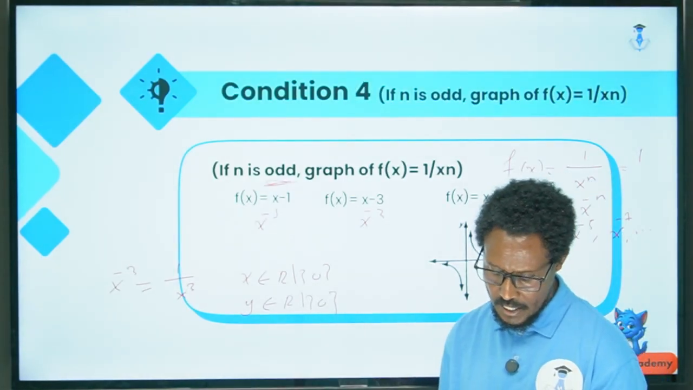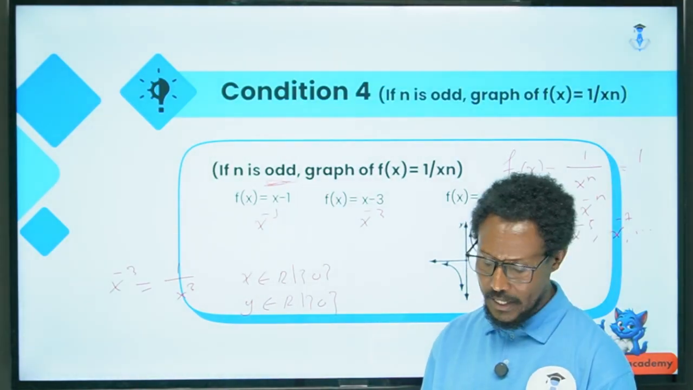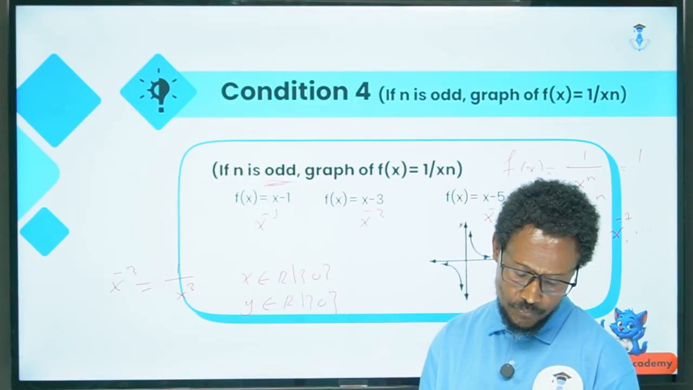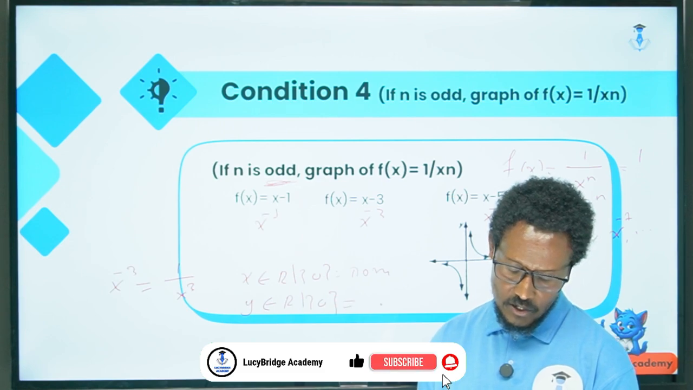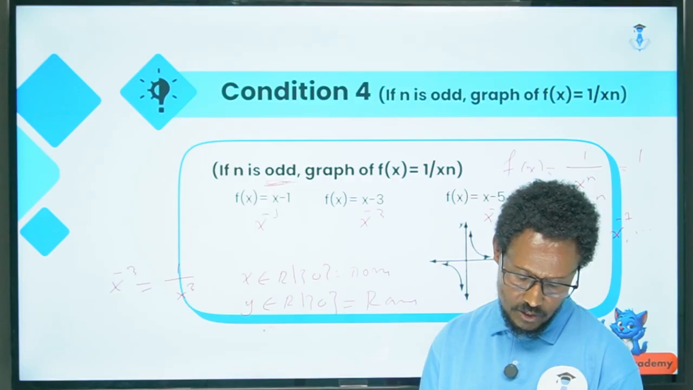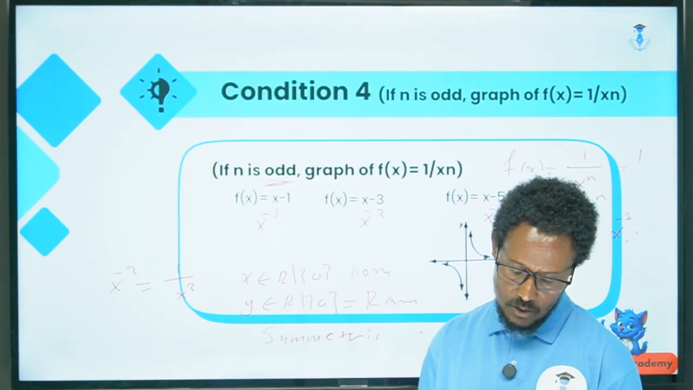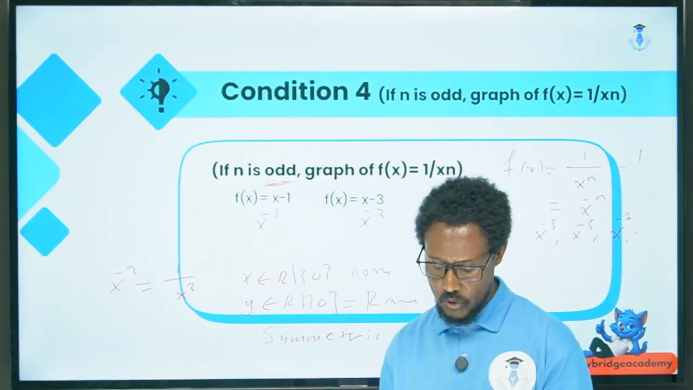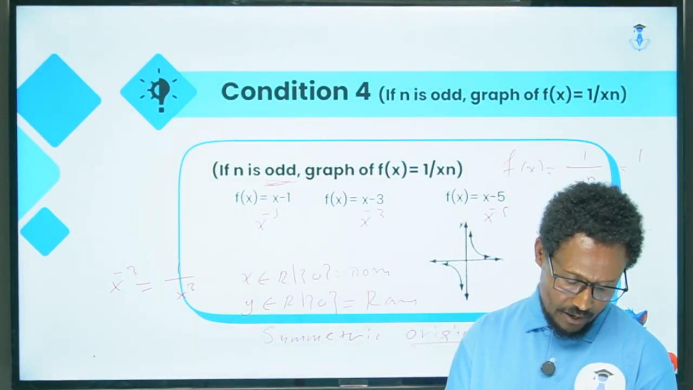So the domain and the range is a set of all real numbers without 0, symmetric with respect to the origin, and it's odd. This is the domain and this is the range. It is symmetric with respect to the origin, and it's odd because